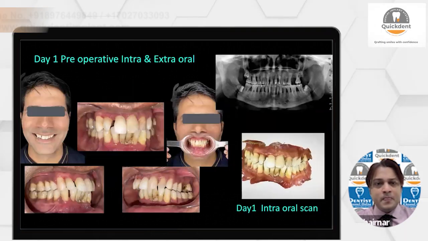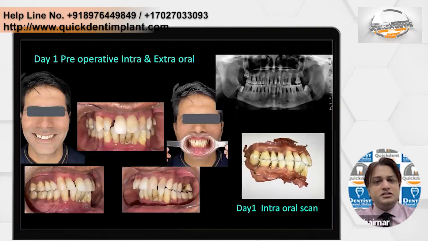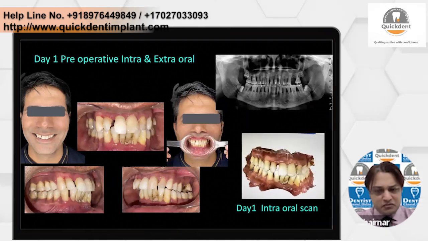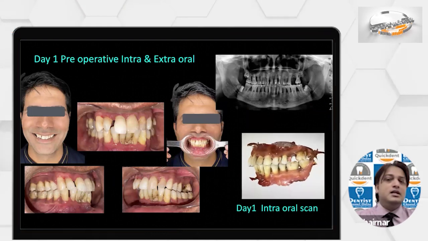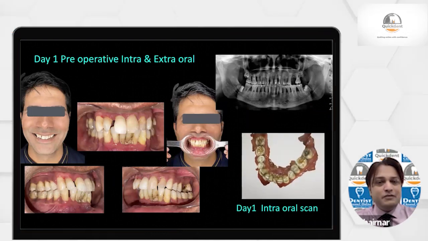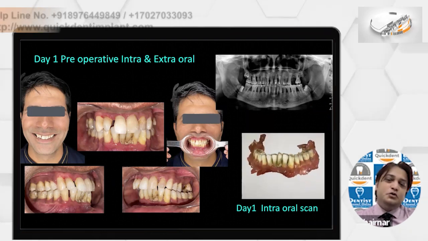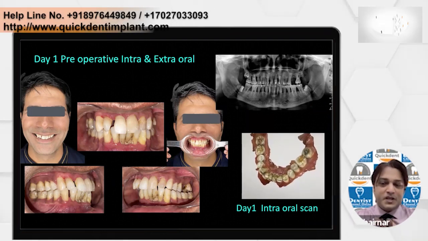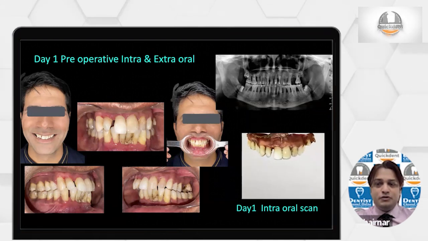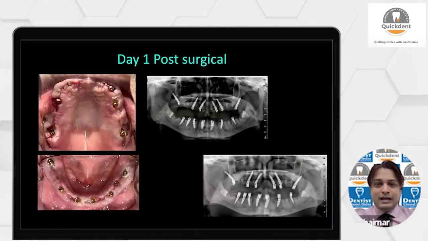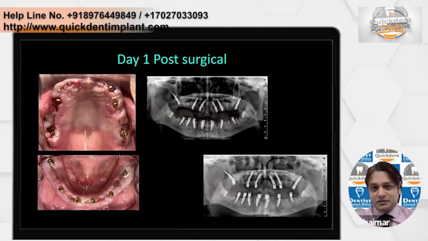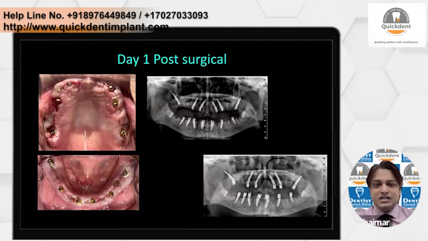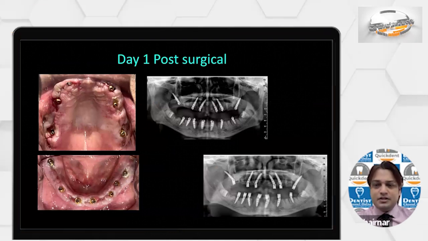Let's see. Okay, now suppose something similar, a patient with periodontally compromised dentition, a lot of teeth were mobile and having deep pockets, so we decided to go for total extraction. So on day 1, what we do now is we do complete intraoral scanning, upper and lower jaw with the bite, everything is done. Now we go for surgical extractions. Okay, we extract and we place the implants, multi-unit is attached, everything is okay.